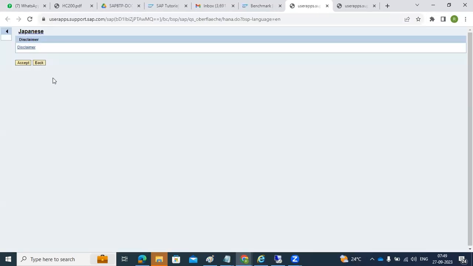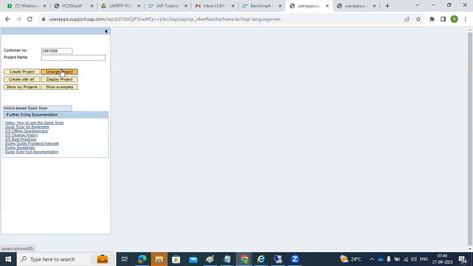Here we have to provide the inputs to proceed further. Maybe project name, make it HDB. Just click on create project. So there we need to fill in one form here. So just click on the